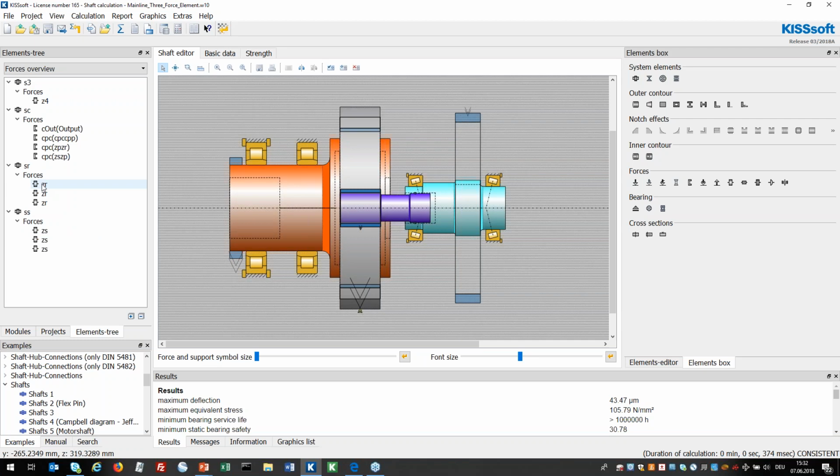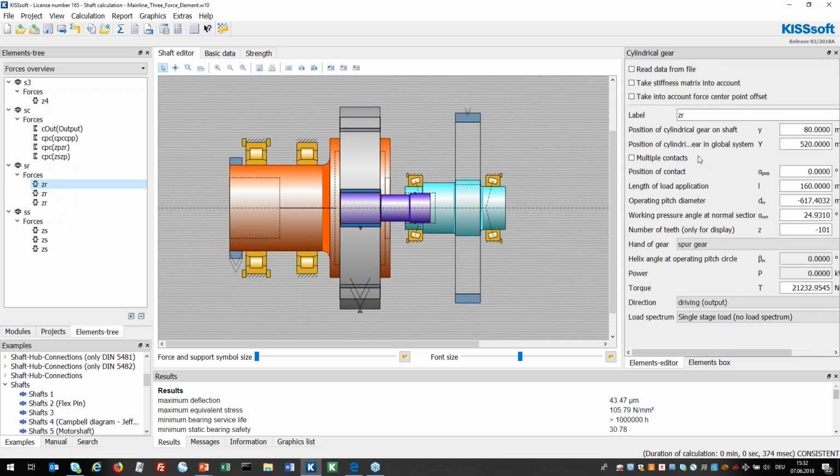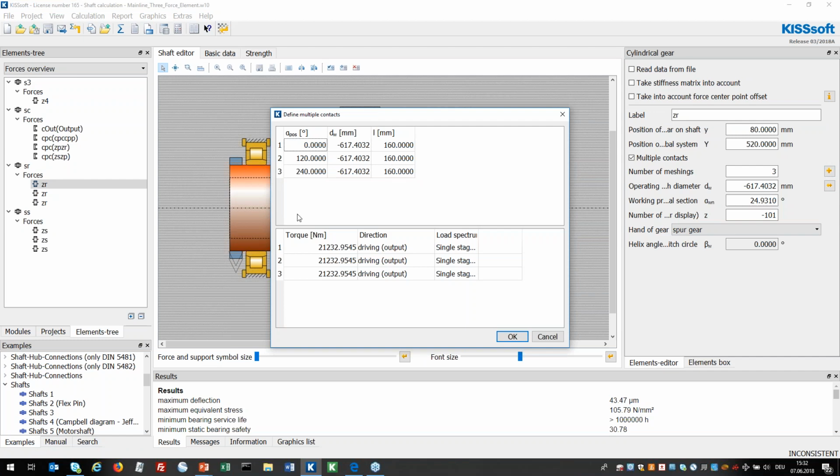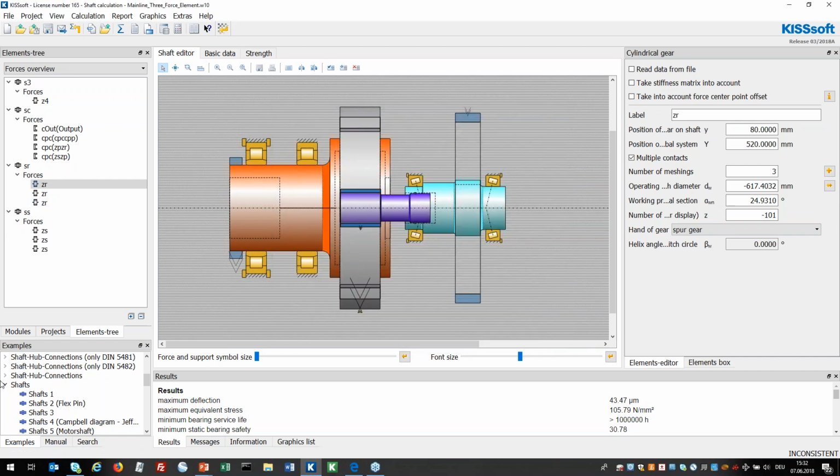And this is actually okay, but as it is one physical gear only, the physical gear can now be given as one gear but with multiple contacts. And this makes it easier, as the position, the geometry, the number of teeth and so on are of course the same. Still, you can give the details in the plus button, but for the engineer it may look easier to have